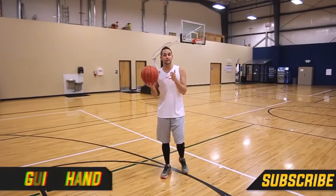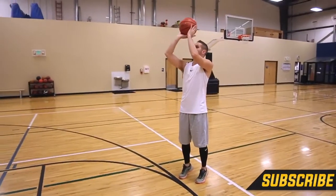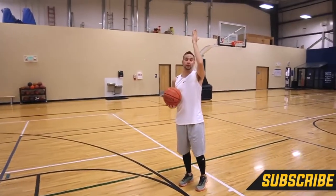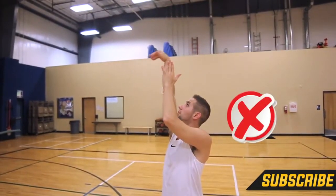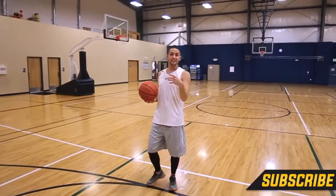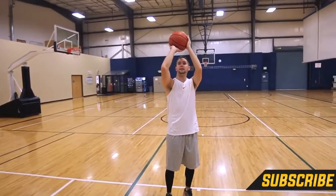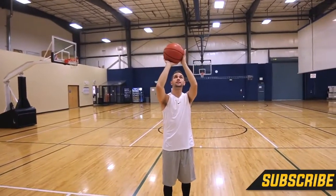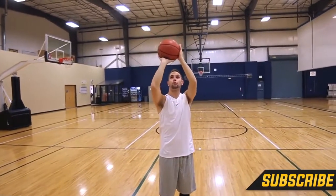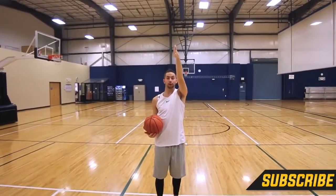All right, so next let's talk about Steph's guide hand. Now, a lot of coaches will tell you that on your release, as the ball comes up, you want your guide hand facing straight towards the ceiling. And this works for some players, but for some players it works better if you point it towards your target a little bit. So guys like Steph Curry and James Harden, they're really good at when they have this guide hand come up, they keep it on the ball for enough time, and then as it comes out, they're going to rotate their guide hand forward so their fingers are facing towards the basket and their thumb straight up in the